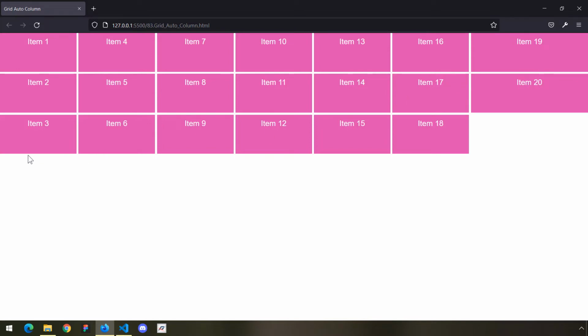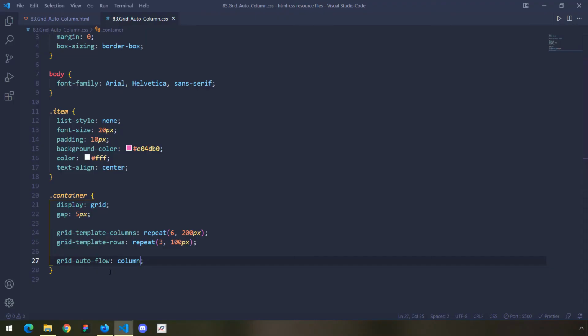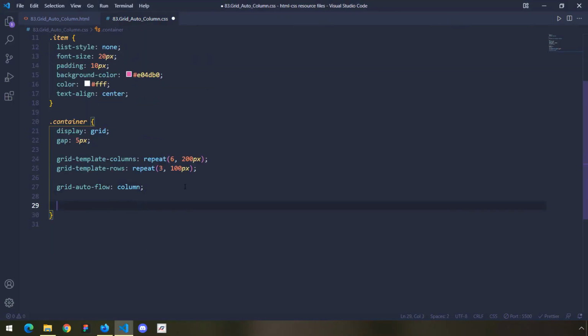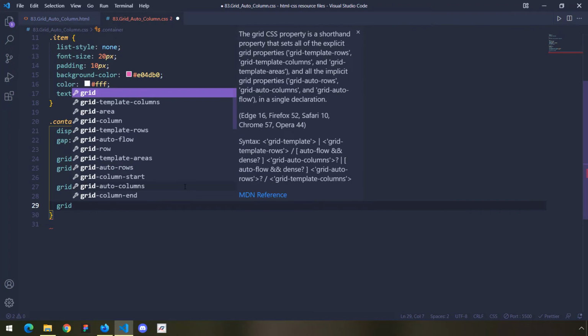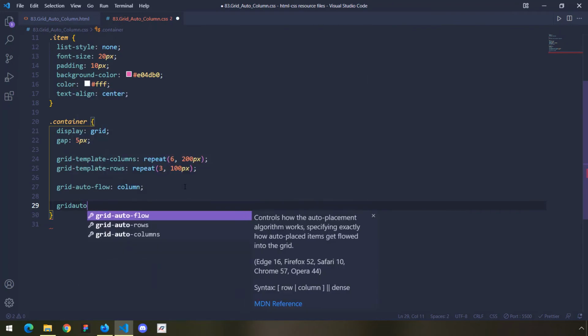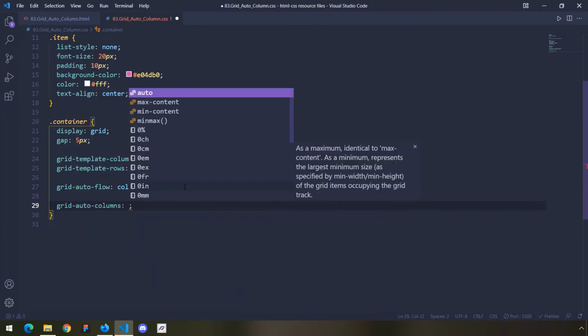Now, keep in mind when it comes to rows, the dimension is going to be defined along the vertical axis. So you are going to define height for your rows and thickness or width for your columns. Keep that in mind. So when it is column, we have our property, which is grid auto columns, and in here,